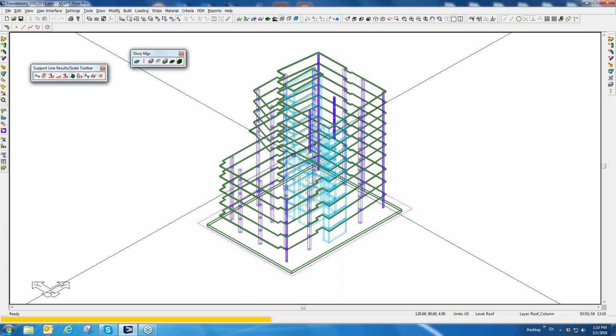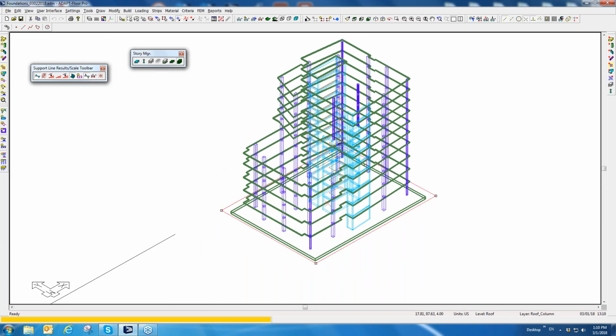It could be at a transfer level. If I had a level in this model that was containing some transfer slabs and/or beams, we could reapply reactions to that particular transfer level. The same workflow is used between a transfer level and, let's say, a foundation level, but there are a few minor differences analytically with how that's done, mainly